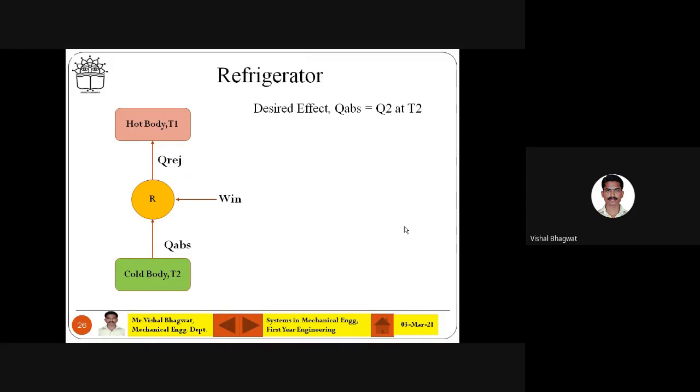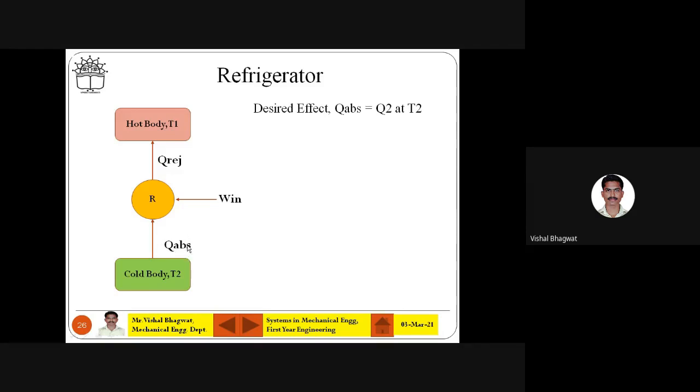Okay, sorry. So the work, this Q, okay, so T1 temperature is here at the outside, the room, and let's say consider this is a summer condition. So where you are interested in Q absorb. So how much heat from the cold body, here is your room, how much will it throw outside, this heat. So that is nothing but a desirable effect, Q absorb.